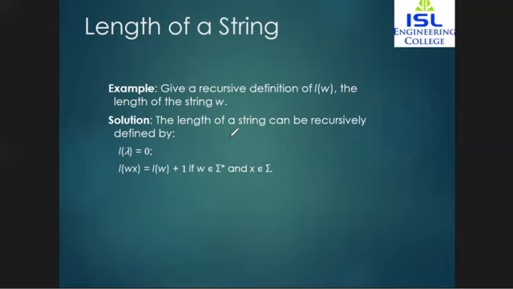You have to define the length of the empty string first, which will be 0, and the length of the string wx which you were concatenating will be the length of w plus the single character whose length will be 1, where w belongs to sigma star and x belongs to sigma.